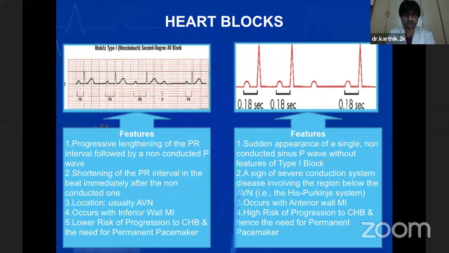the atrioventricular node. So when it is below the level of the atrioventricular node, these patients can have serious consequences in the form of syncope, falls, head injuries, fractures, and so many things because of Stokes-Adams attacks. So these are the patients who are usually considered for evaluation and pacemaker implantation.